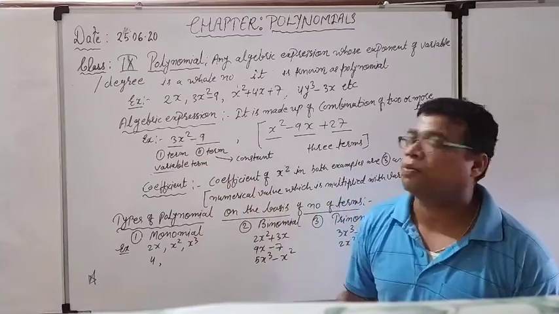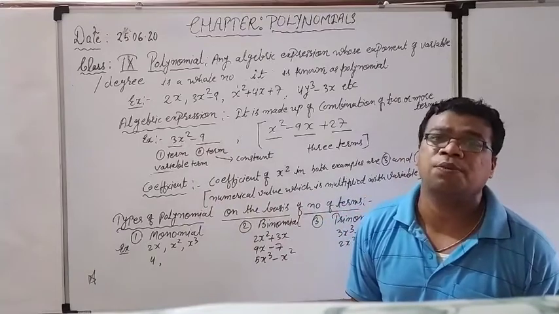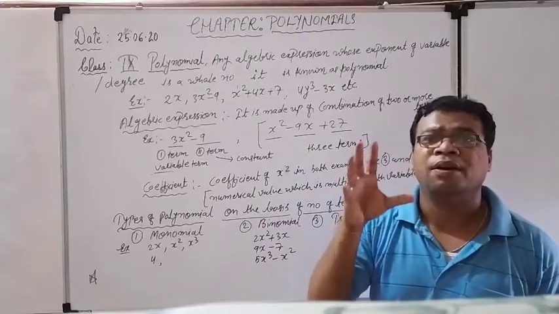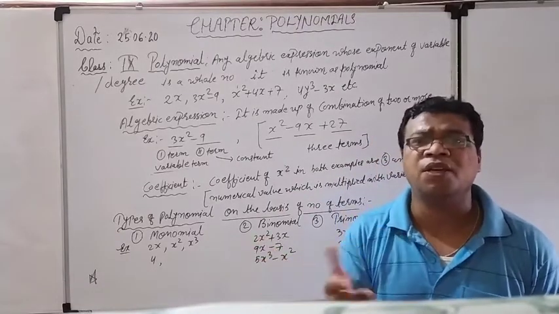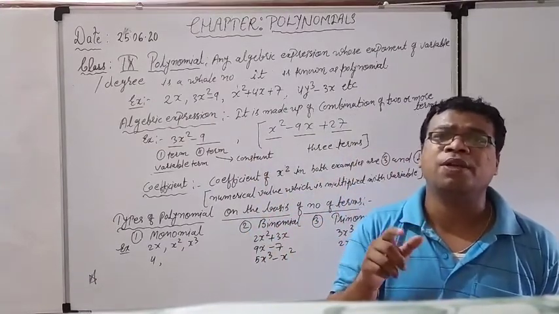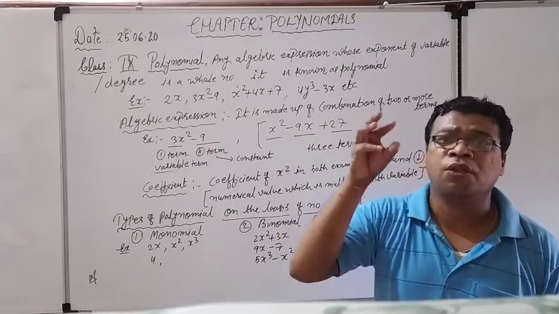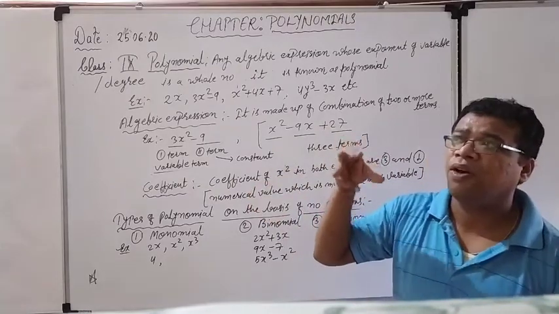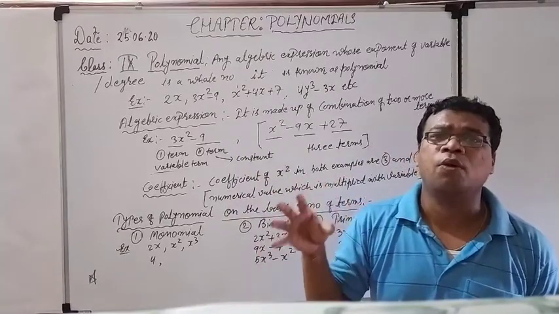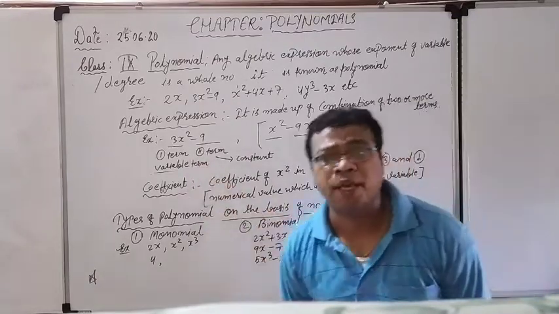Now what about the first term? The first term is known as the variable term. Why? Because there is a variable present. Which variable? The x variable. What is the meaning of variable? Variable means any alphabet whose value is not fixed, changing in nature. Either the x value may be 2 at a particular time, or its value may be 3, or minus 1. So any algebraic letter like x, y, z, which can hold any numerical value and whose value is always changing, is known as a variable.